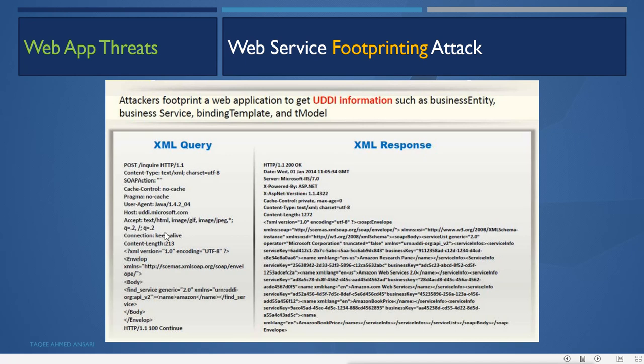So it will send the query like this and get the response like this, where it can find the different information. In the response it can see the details about the server. To get this response it will send this query. To see this request and query, the attacker can do this by using Burp Suite or other proxy tools.